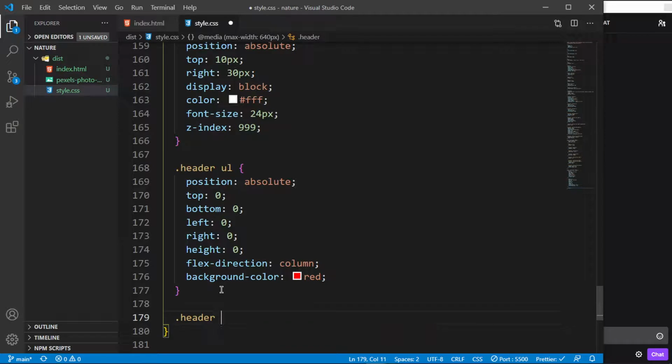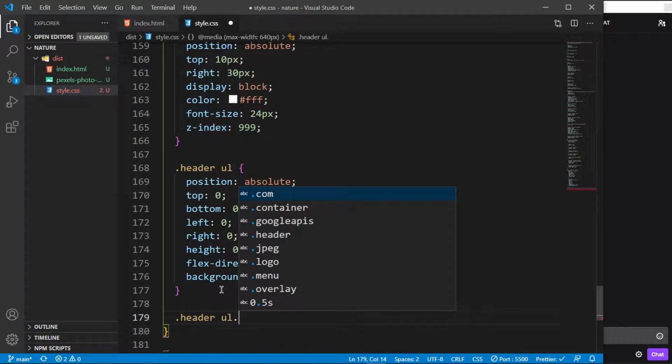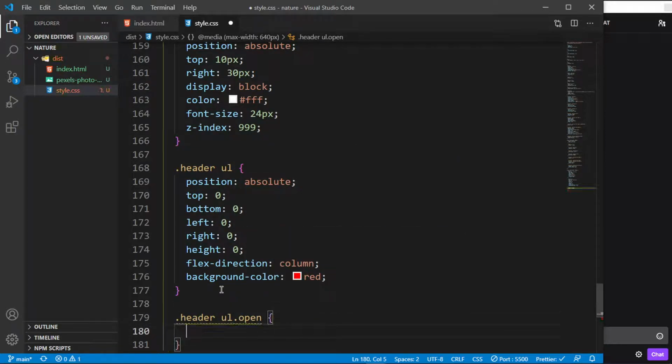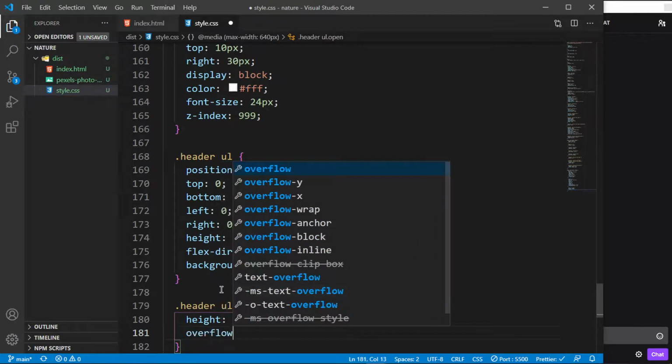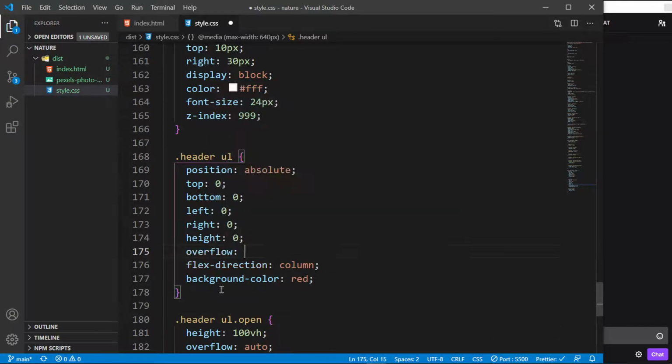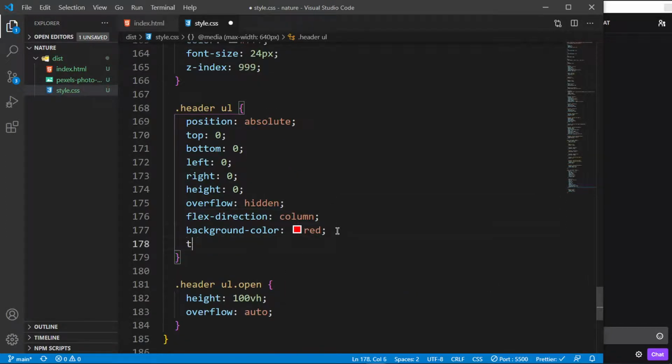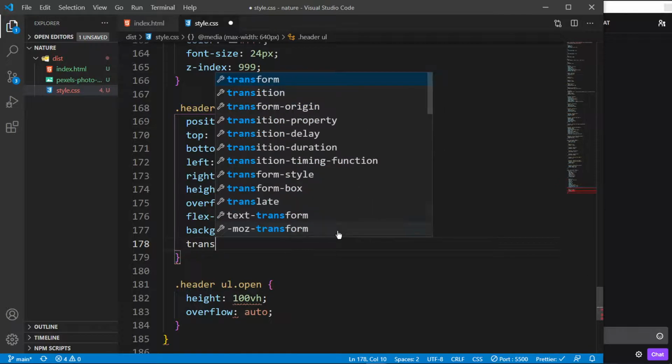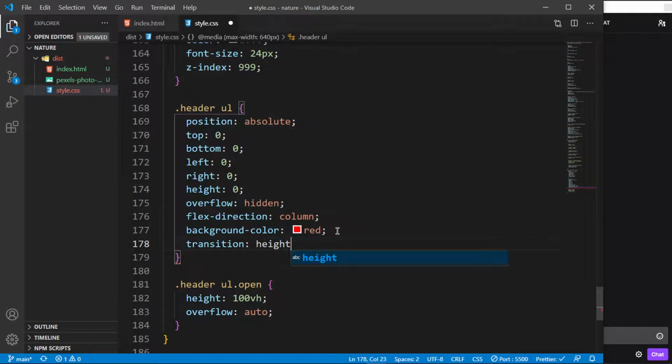Let me do that. I'm going to say for the header UL, when it has a class of open, then I want the height to be 100 viewport heights, and then I want the overflow to be hidden so that it doesn't show any scroll bars. And then I'm going to add a transition, not on the height but on everything, because I'm also going to add a background color, so transition everything by 0.5 seconds,